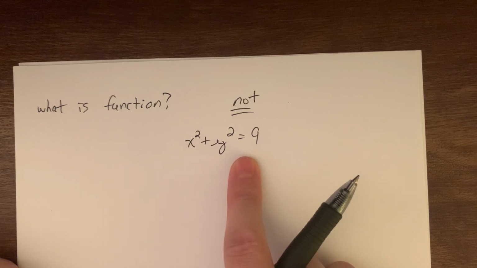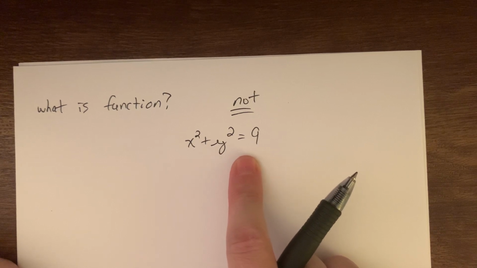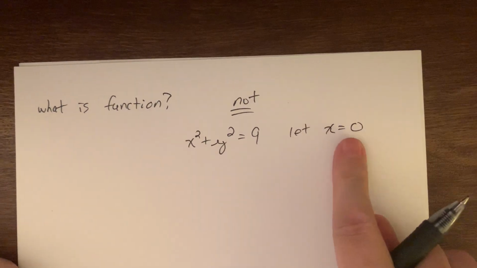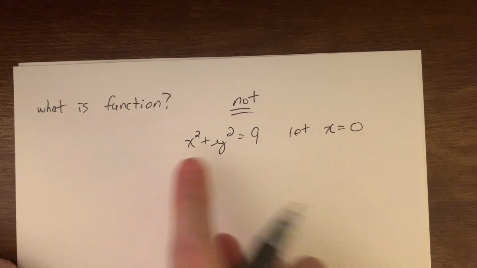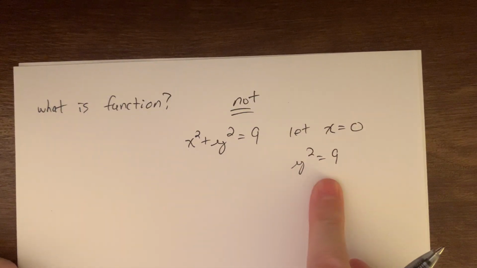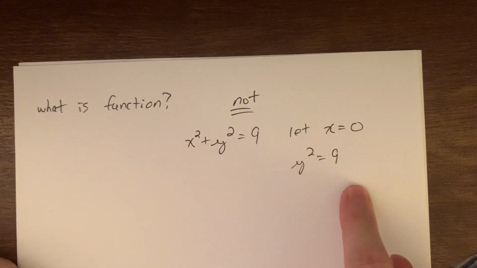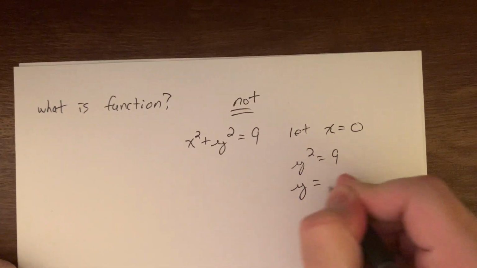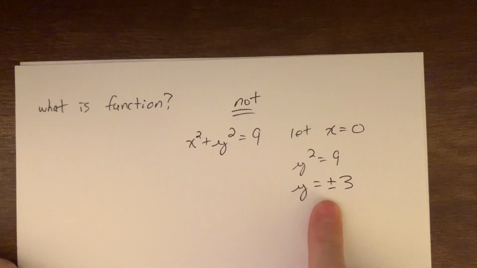Well, dealing with the equation, that's the hard part. To deal with the equation, I have to think about what happens if I plug in a value for x, how many values do I get for y? So for instance, if I let x equal 0, well, just plugging that in, 0 squared is 0, so I would have y squared equals 9. And now when I solve this, I would take square roots on both sides, and a little reminder, if you take a square root, we get a little penalty in that we have to remember the plus or minus to